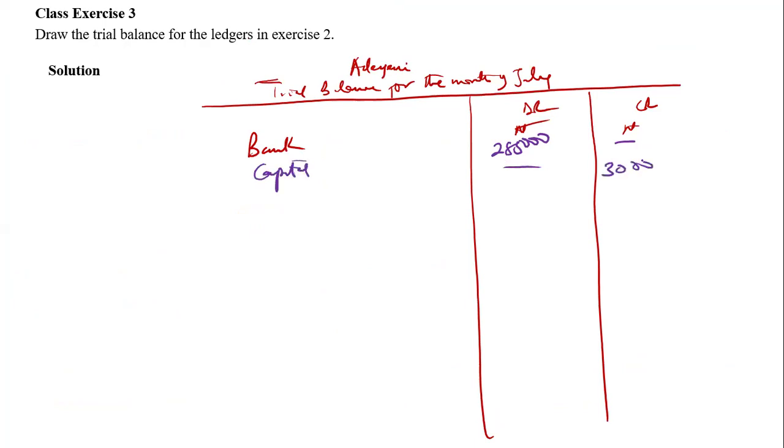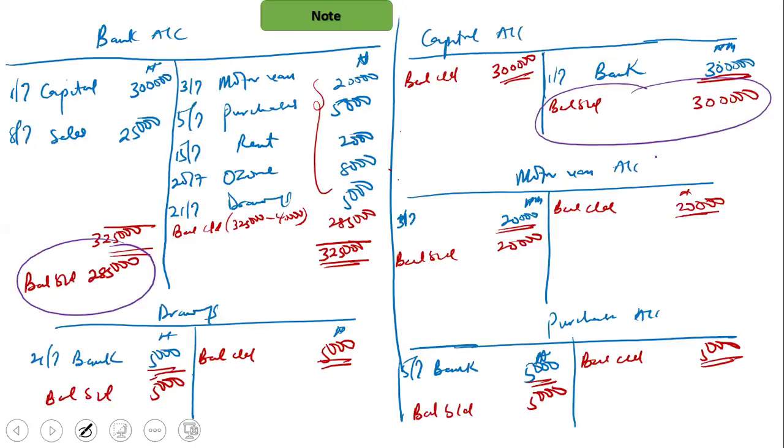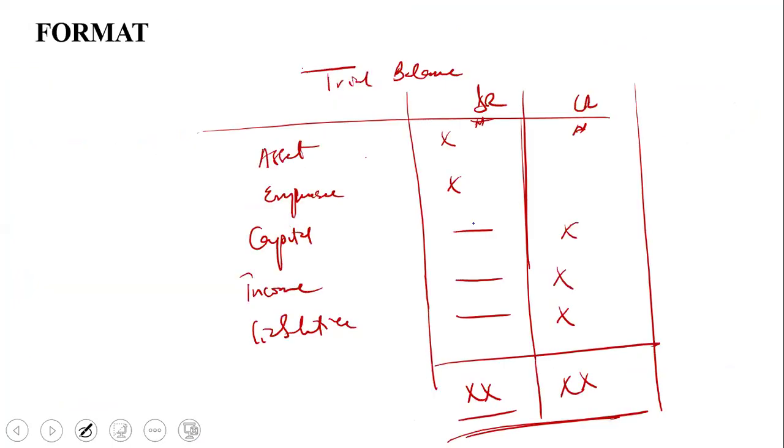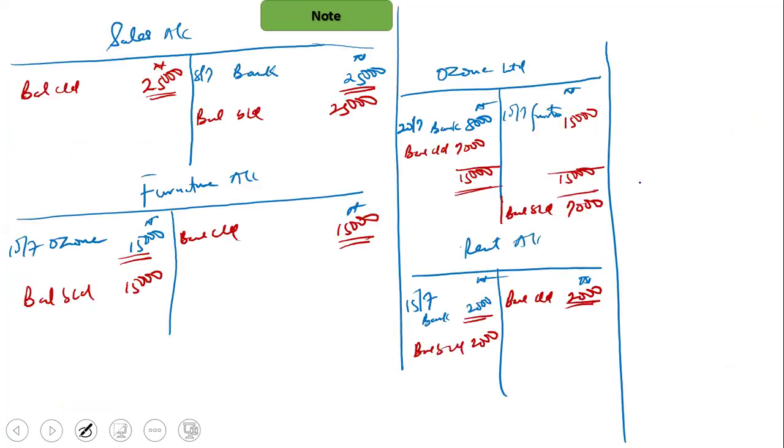That's 300,000. Next, what do we have? We have motor van, 20,000, a debit component. So we'll bring motor van,